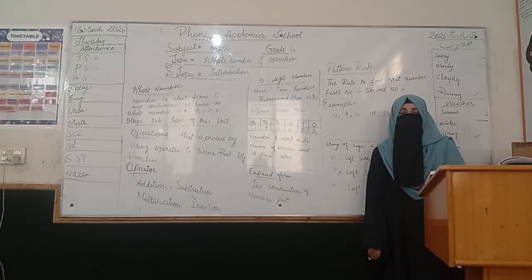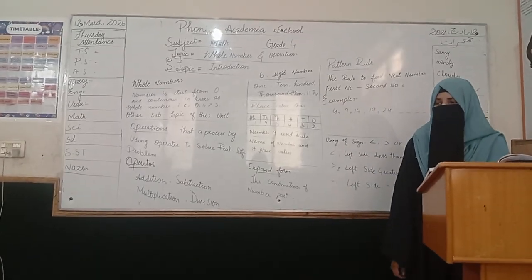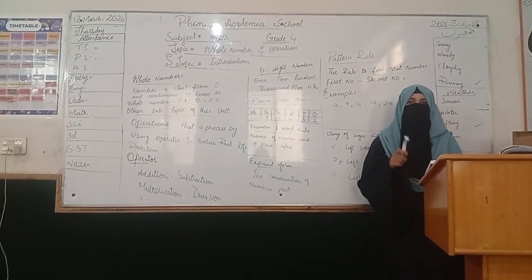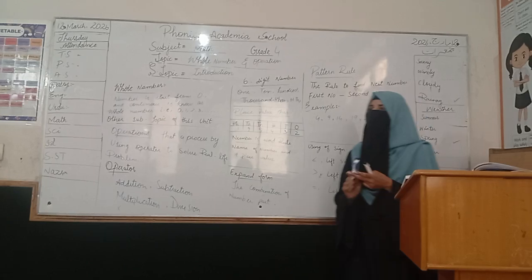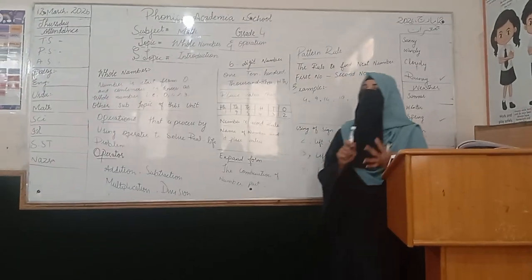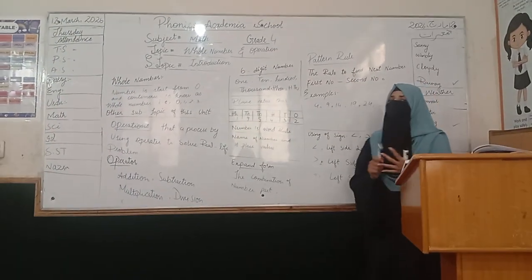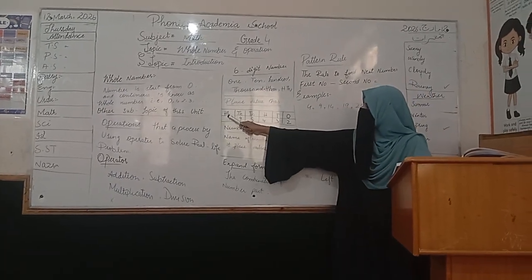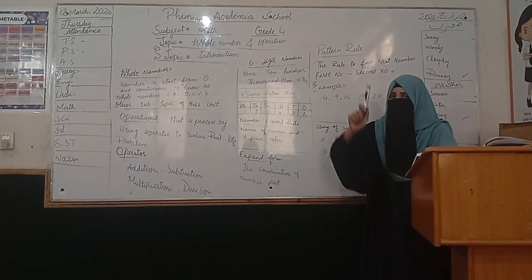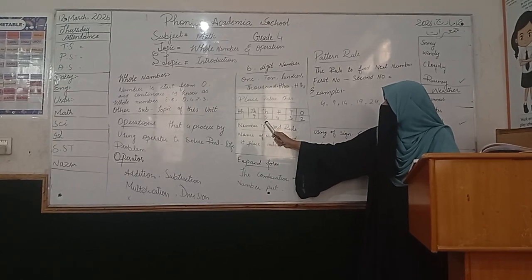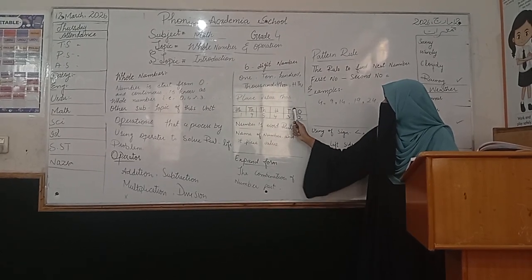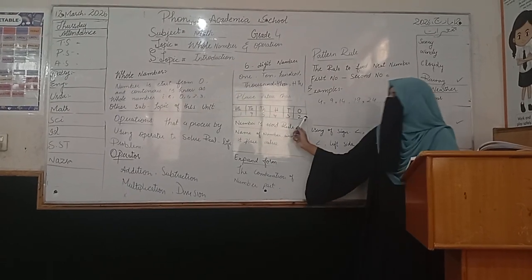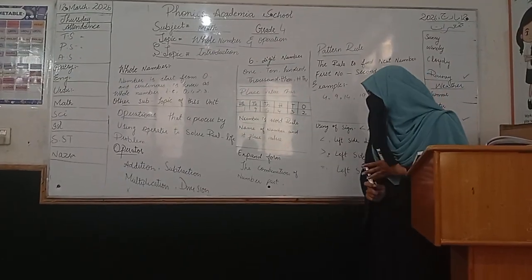Number in words rule. When you write a number in words, firstly you have to know the place value of that number and the name of the number, because if you write the right name of the number and the right place value, your question will be solved. So, for example, at the 100,000 place there is 1. So, 100,000, 95,432. This place value chart and the name of the number help to write the numbers in words.